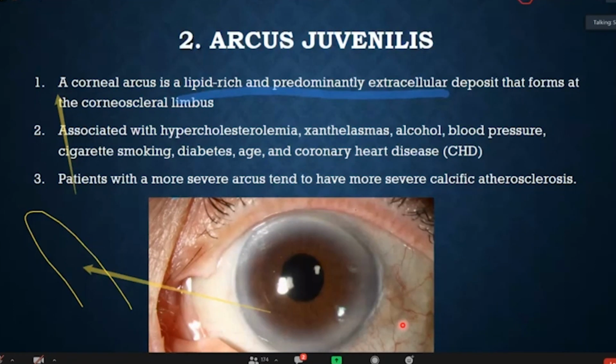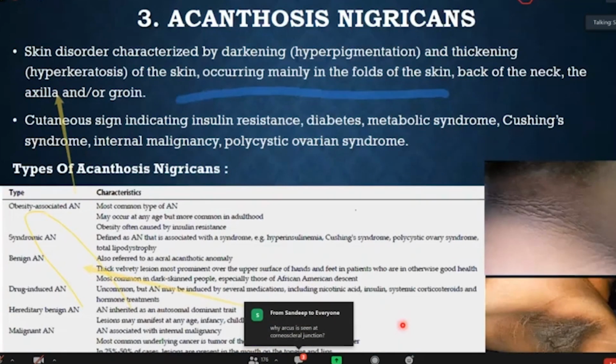So these three things are very important as markers of atherosclerosis. Now, again one important feature is acanthosis nigricans, a marker of metabolic syndrome. Not only a marker of metabolic syndrome. Now, what is acanthosis nigricans? These are darkening or the hyperpigment